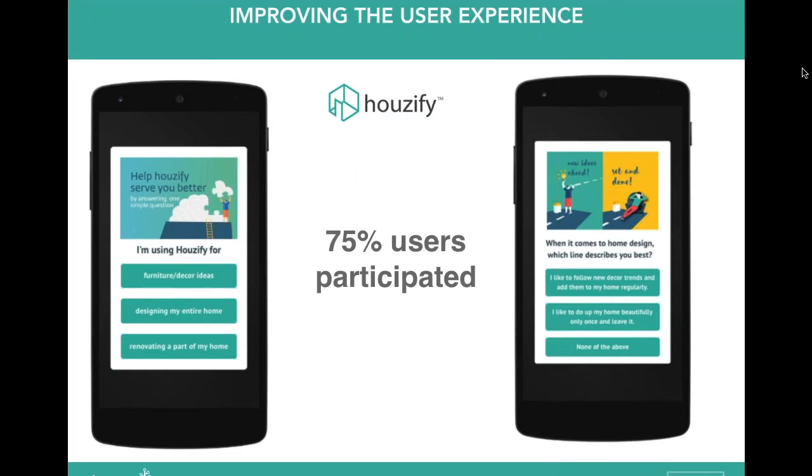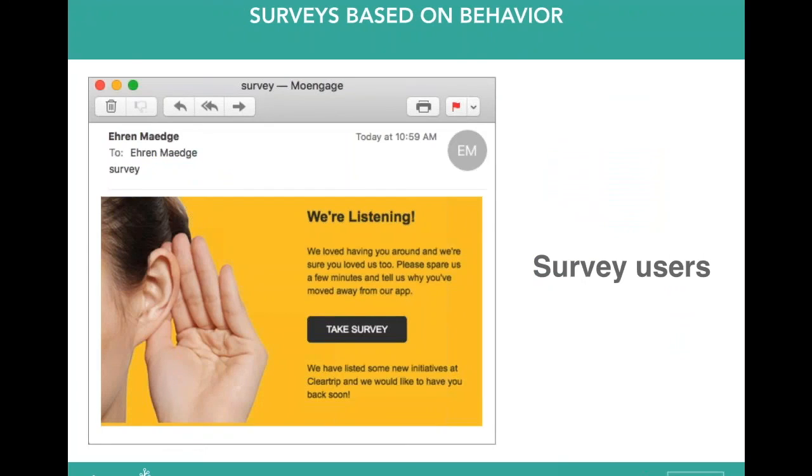All right, let's talk about surveying users based on behavior. This is a great example. So I mentioned a company, ClearTrip, before that we work with, who's got a travel app. They've actually deployed this HTML email survey targeted at users who have uninstalled their app. So they've automatically detected when somebody uninstalls, and then they trigger this survey to try to understand why they